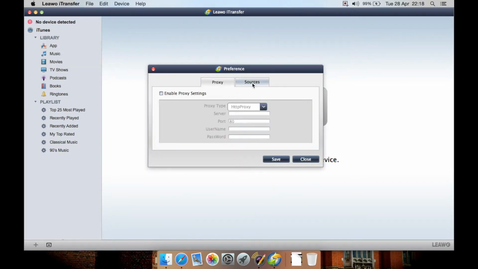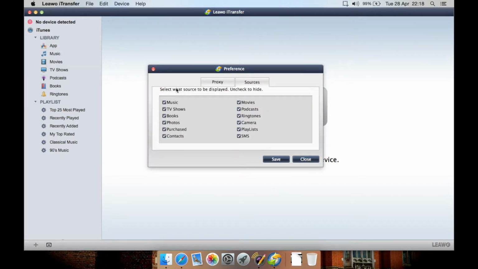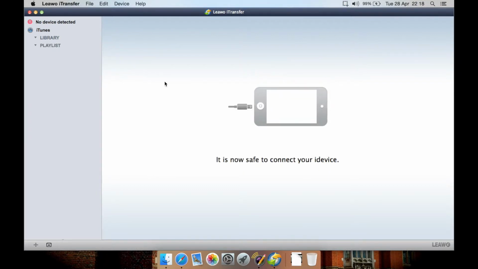You just basically have your basic proxy and sources. Select the sources to be displayed and uncheck the ones you don't want to show, such as that, and then you can hit save. Now, it basically is iTunes, but you don't have to use iTunes Sync, and you can search your library, you can